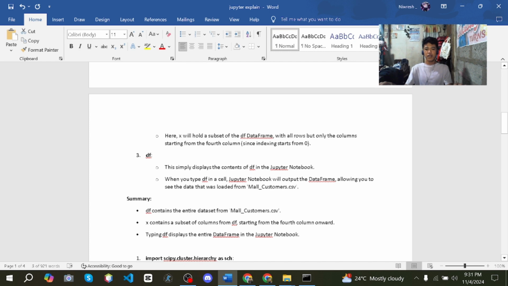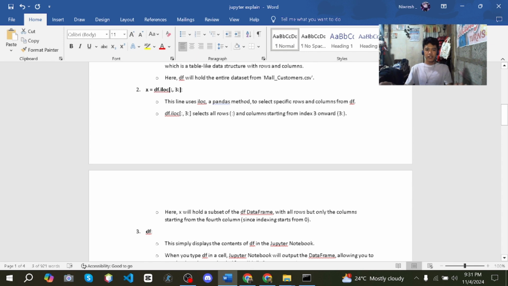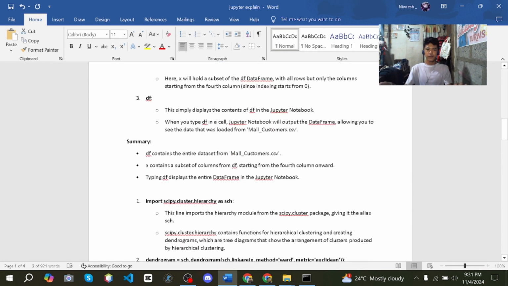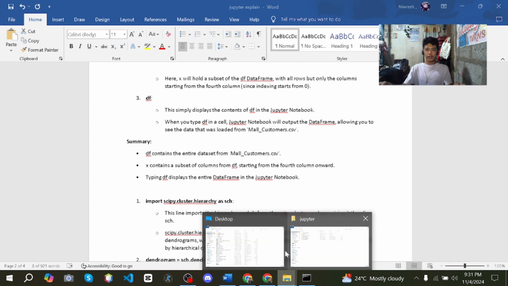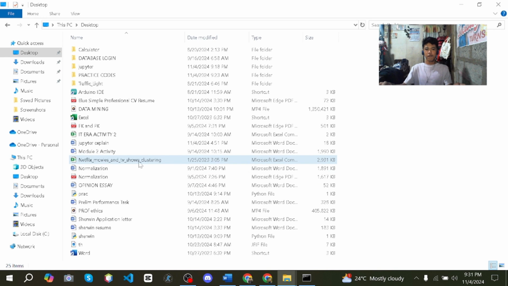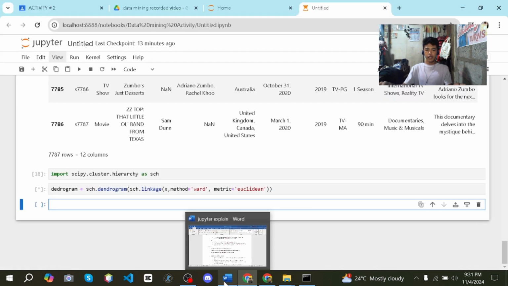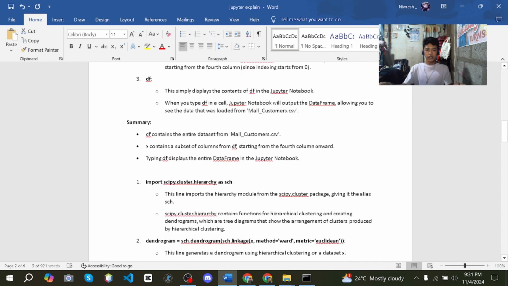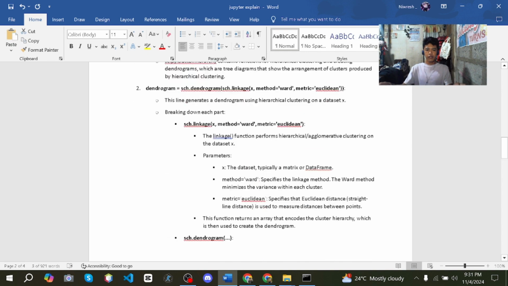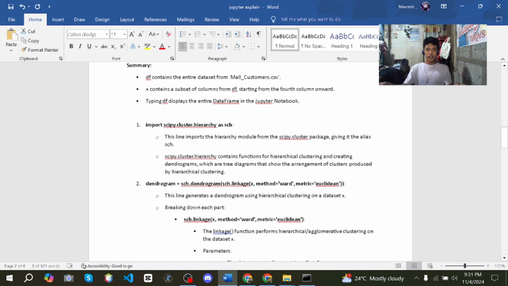This simply displays the contents in the Jupyter notebook. When you type DF in a cell, Jupyter notebook will output the data frame, which is all the data sets stored in our X variable. So in summary, DF contains the entire data set of, actually it is not mall customers, it is the Netflix movies and TV shows clustering CSV. And then let's explain the import